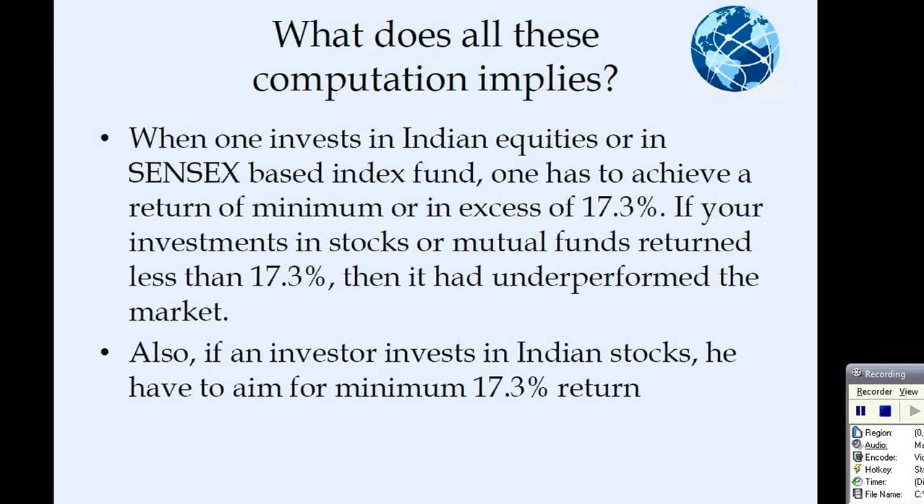So this is the premium that he is going to get, in excess of 9.25% or in excess of 7.7%. He's going to get somewhere around 9.5% excess return if he's going to invest in stock. But this is the minimum return that he can expect. If his mutual fund investments or any index-based investment has achieved less than 17.3% in the last few years or few months, then something is wrong with his investment, and he should go back and analyze and correct